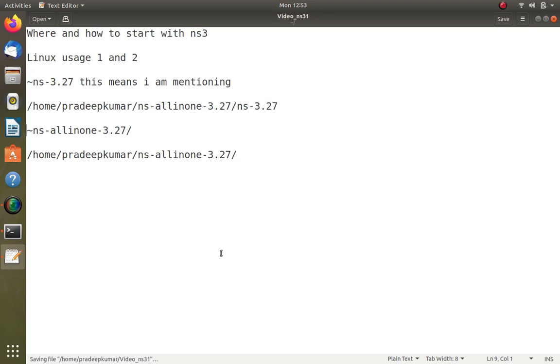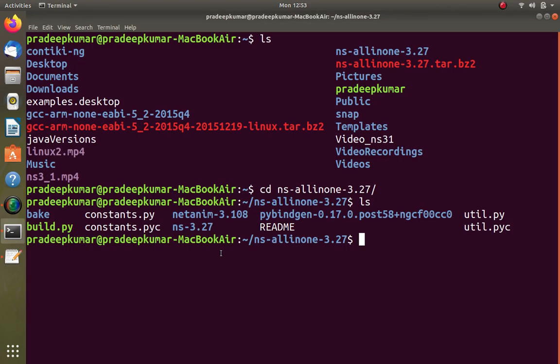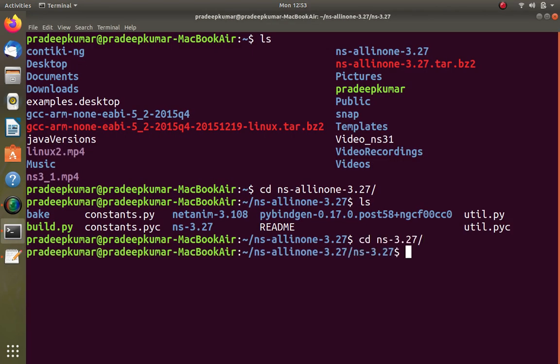Most of this work will be dealing only with these two folders: ns-3.27 and netanim-3.108. These are the two folders we are going to work on mainly in this entire course. Now let's go inside this topic. We'll go inside ns-3.27.